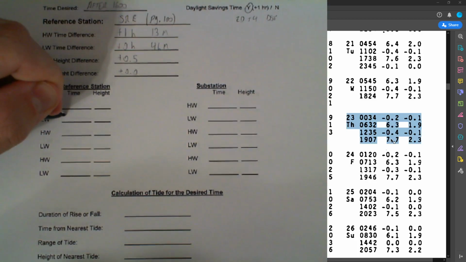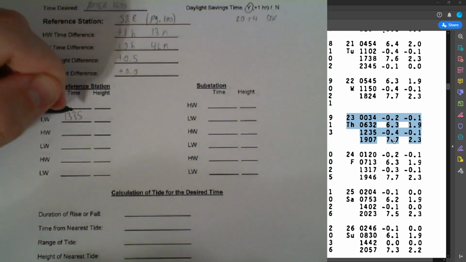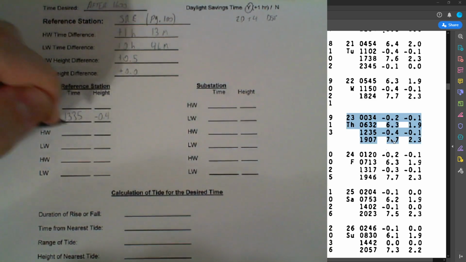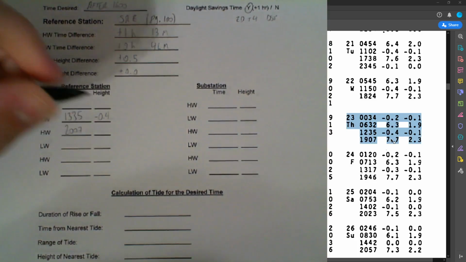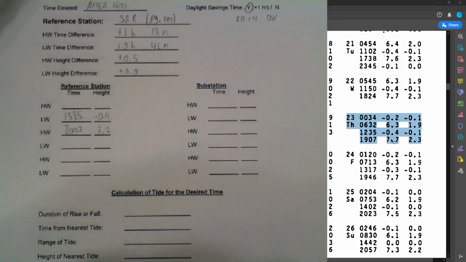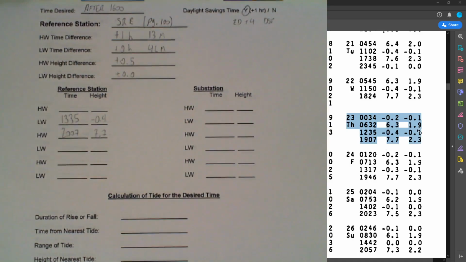1235 is the low tide, so it would be 1335, which would be negative 0.4. And high water would be 2007 instead of 1907, and it would be 7.7. Because we do not use the right column. Right column is meters. Bad. Alrighty, now that we have that, we need to account for